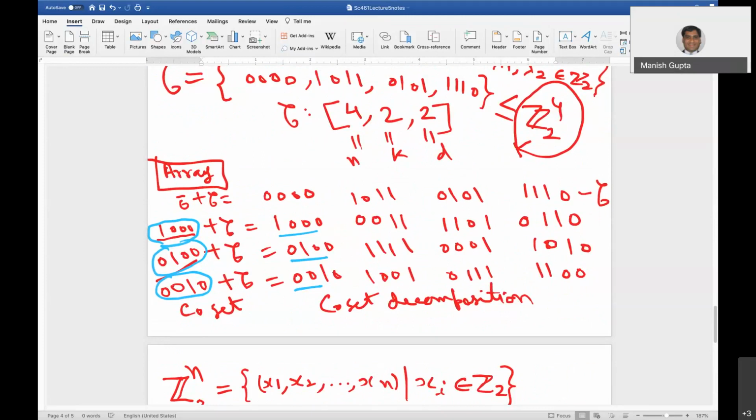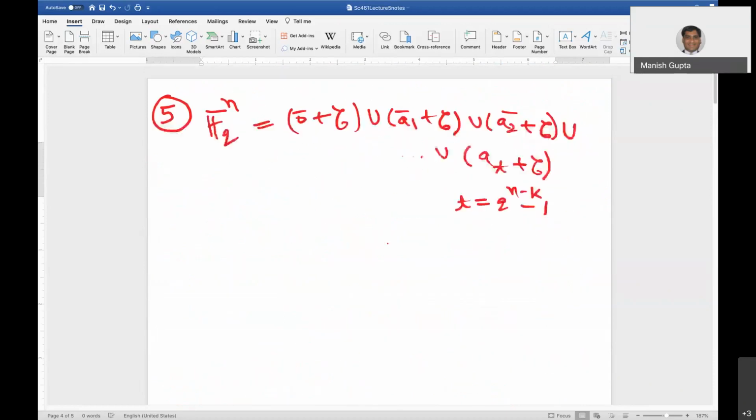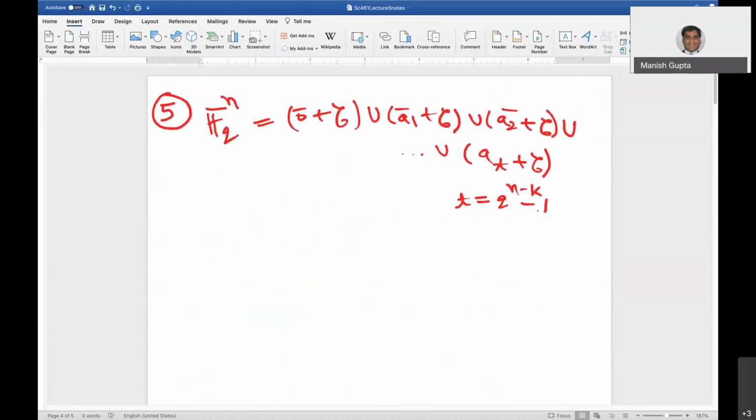Since it is a whole decomposition, how many such cosets will be there? q raised to power n minus k, because they are equally decomposed. So q raised to power n divided by q raised to power k is q raised to power n minus k. For this reason, T is q raised to power n minus k minus 1. This minus 1 is there because 0 we have already counted, so the counting starts from 0, 1, 2 up to T. So this is a clear cut decomposition. These are disjoint cosets,